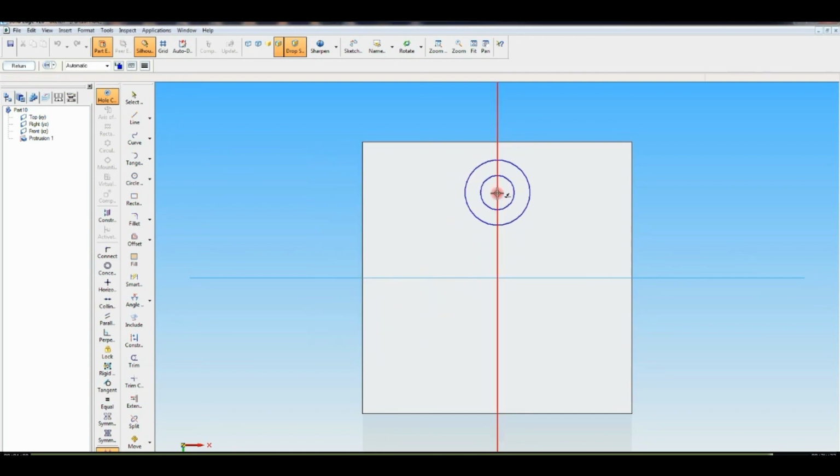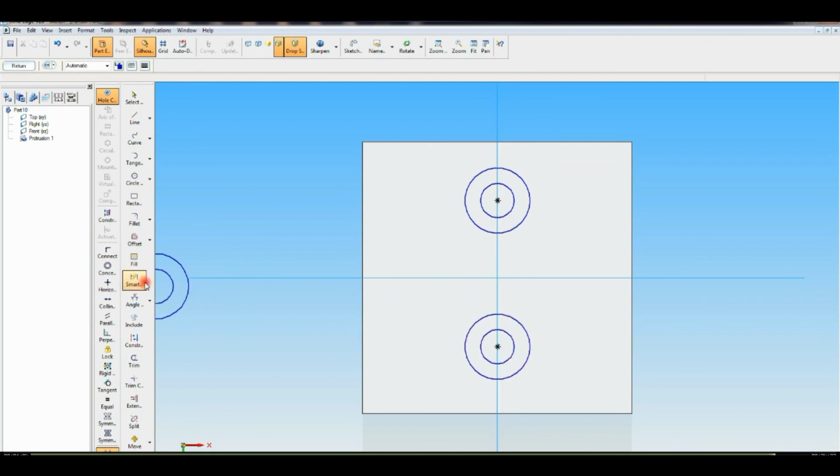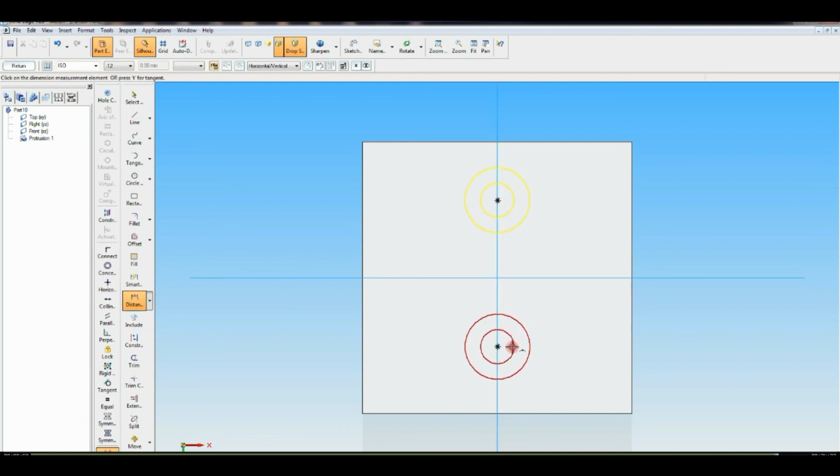Simply click these two circles like this, then go to distance between that center to this center, two circle centers should be 24. Then that circle center and side distance should be 25.